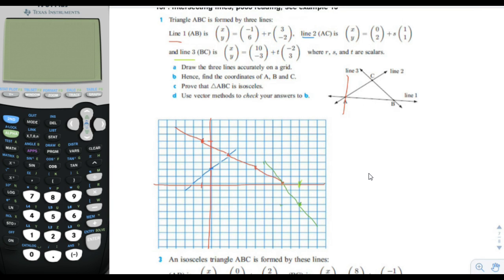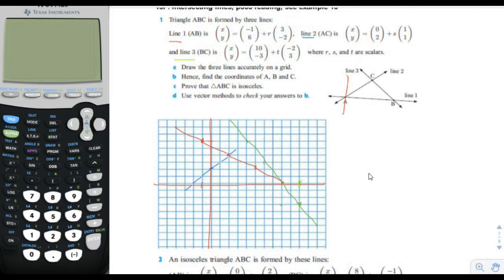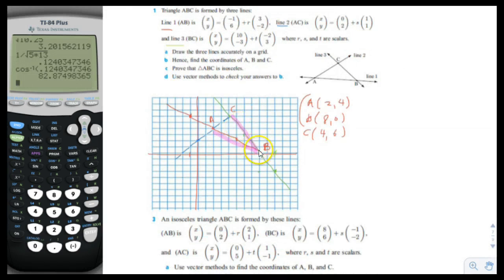Oh, so the triangle is actually going to be up here. That kind of surprised me. So there's a triangle. All right, ABC, which we can do just by examining the graph. So for example, A would be 2, 4, B would be 8, 0, and C would be 4, 6. Okay, and then it says to prove that the triangle ABC is an isosceles triangle, and we can do that